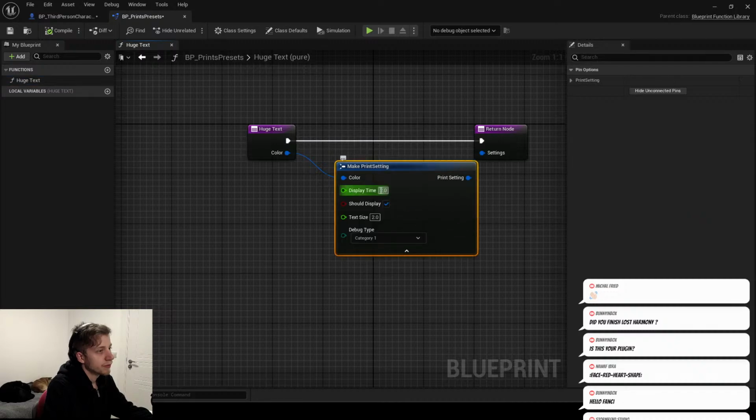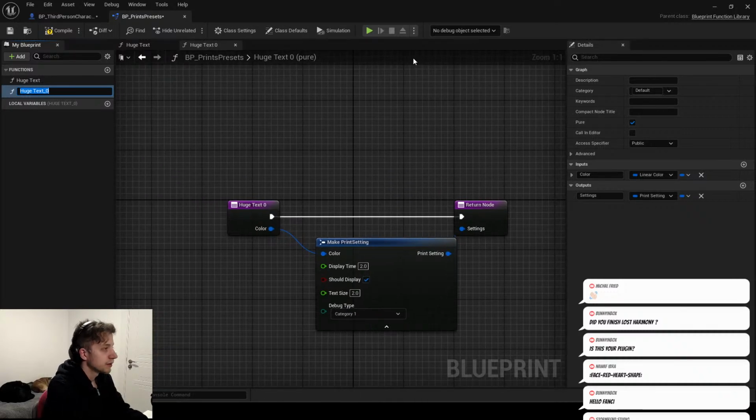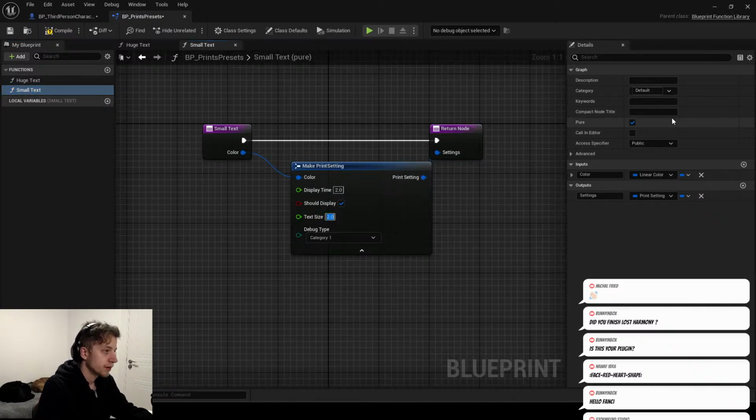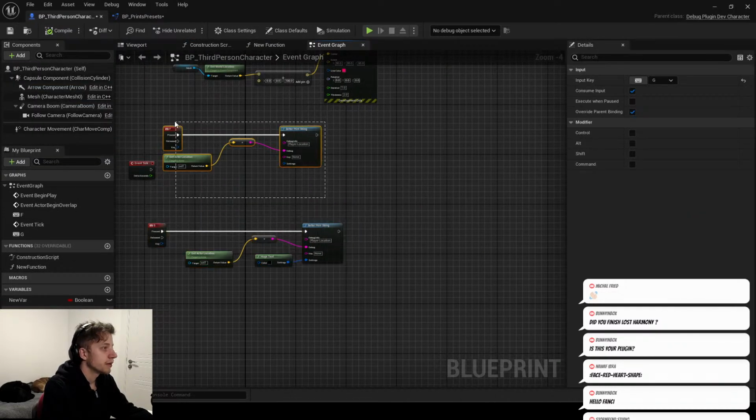What could be useful to have? So basically we have something for a display time, and we probably want to have something that displays for long. So let's do, okay, we have huge text, we're gonna have a small text. So instead of our text size, we're gonna set it back to 1. I just wanna have them here nicely